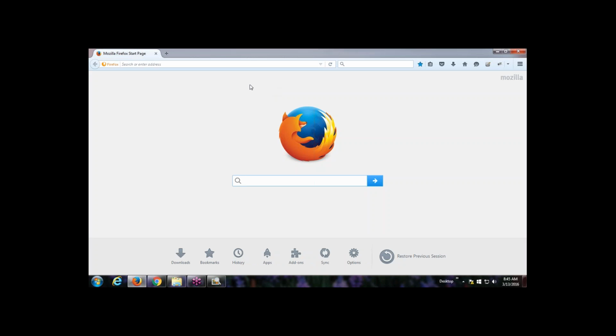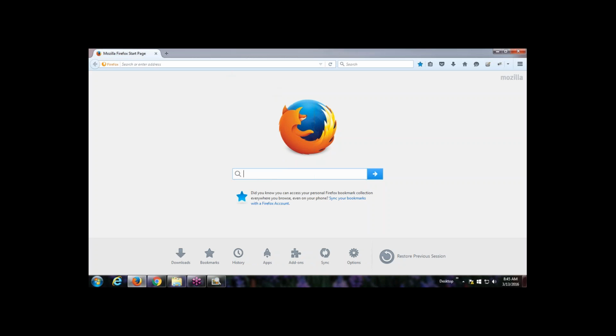Okay, for Selenium IDE, whenever we are opening it, how can we configure our Selenium IDE in Firefox? So for that,